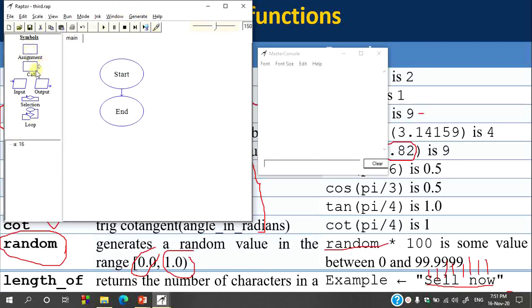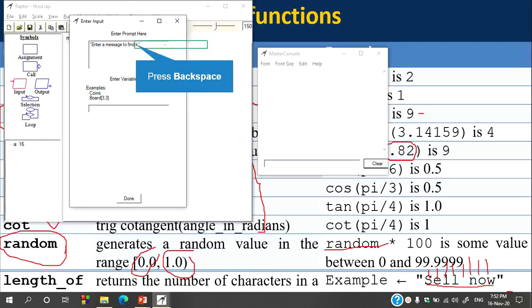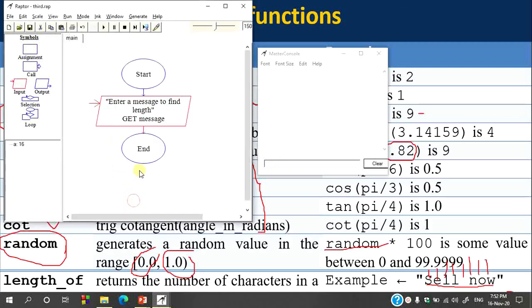So let's read the input, drag the input symbol, just display a prompt message like this: enter a message to find length. Here you have to give a variable name. The input given by the user will be stored in a variable called message. So here this is the input statement.